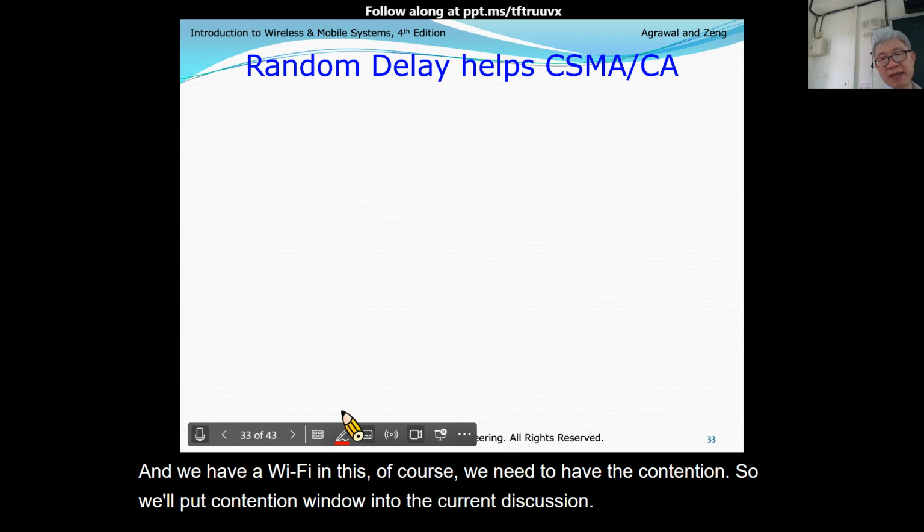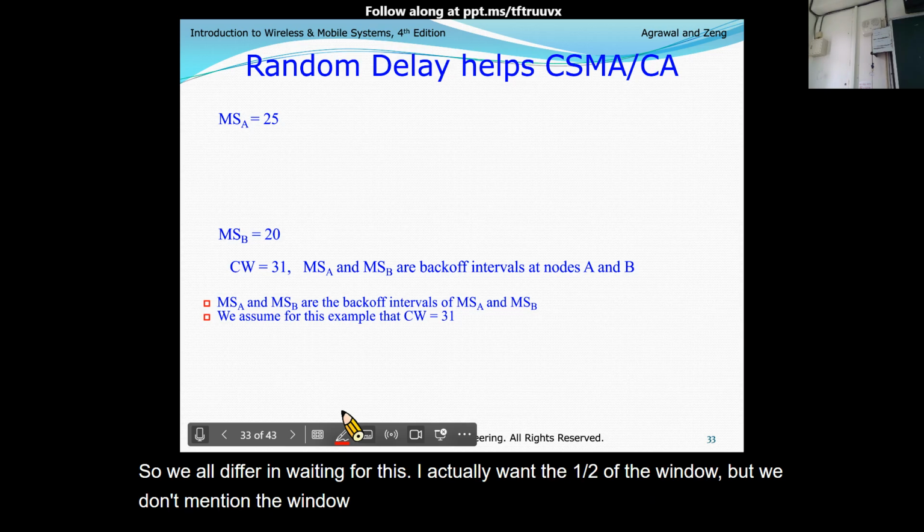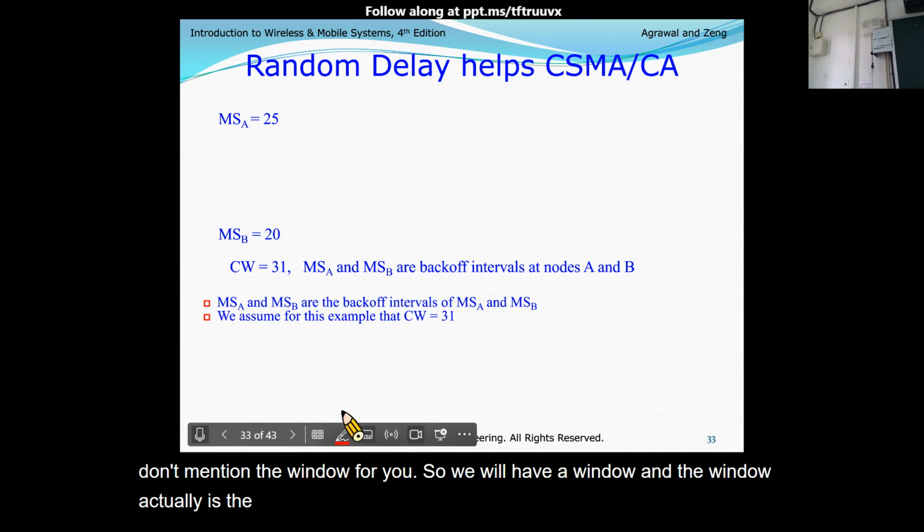So we will defer and wait for this. We will have a window, but we don't mention the window in detail for you.